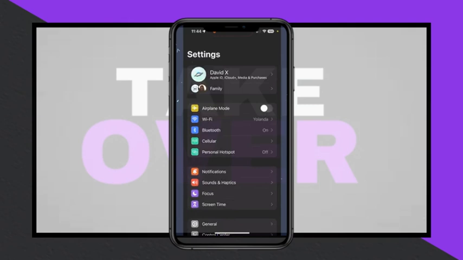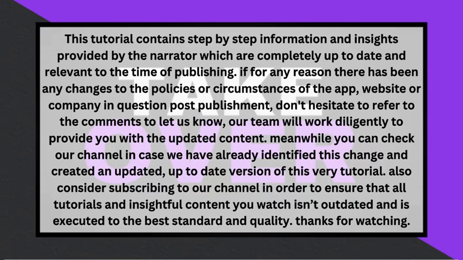Another possible reason for this issue could be related to Family Sharing. If you are using Family Sharing and the shared payment method is either expired or deactivated, this may result in billing issues. To address this,